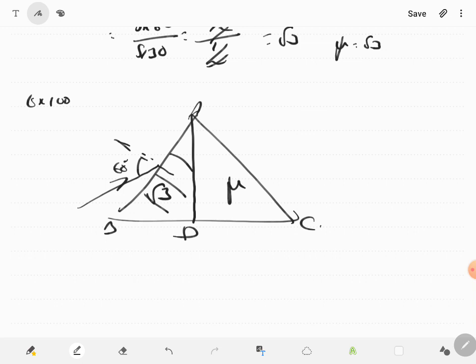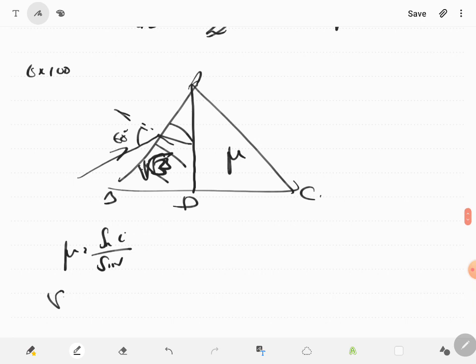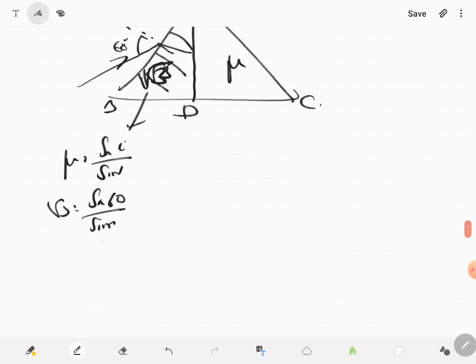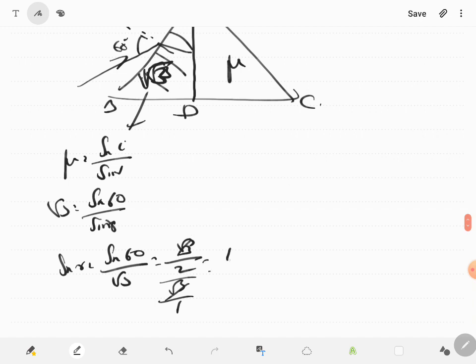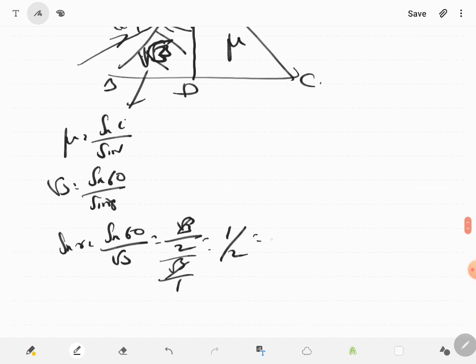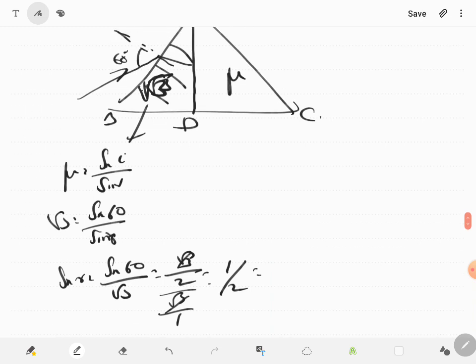Okay, now you know this refractive index, so you can find out the angle with which this is going to get deviated here. But let's find that out. Mu is equal to sin I by sin R, where mu itself is root 3 for this phase. Sin I is sin 60 by sin R. So what is sin R? Therefore it's sin 60 by root 3. Sin 60 is root 3 by 2, divided by root 3. So root 3 will get cancelled. So sin R is 1 by 2, which shows that sin R is sin 30 degree. R will be 30 degree.